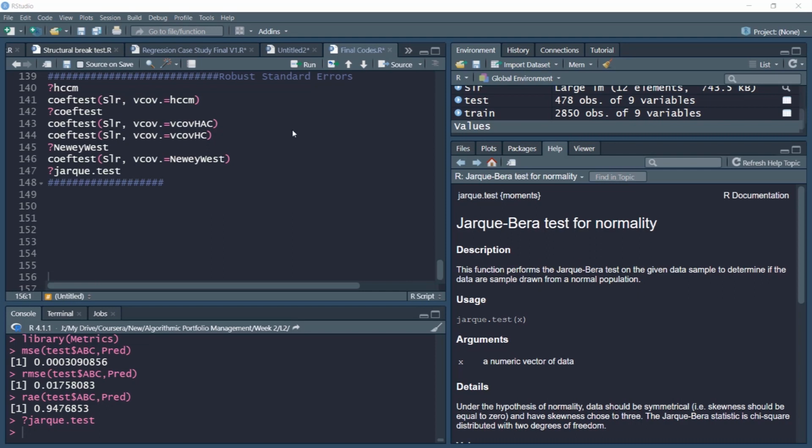Now that we have trained our simple linear regression algorithm and tested it for various econometric issues, we'll try to do some prediction using the test data. As a first step, we'll create a prediction object. Let's call it PRED, and we'll assign the predicted values.